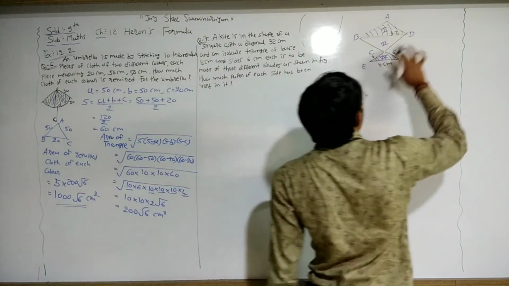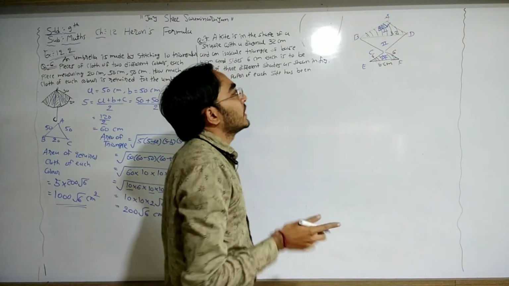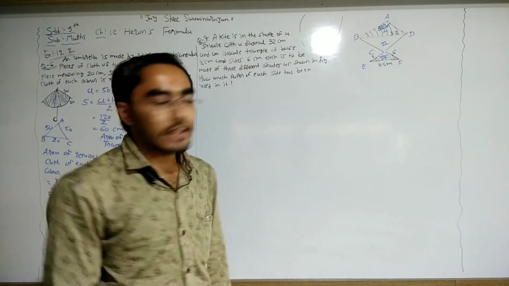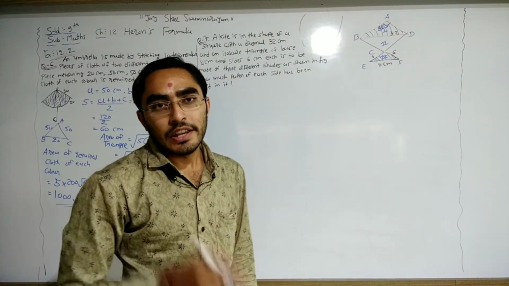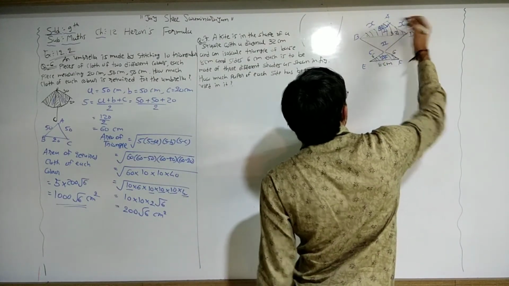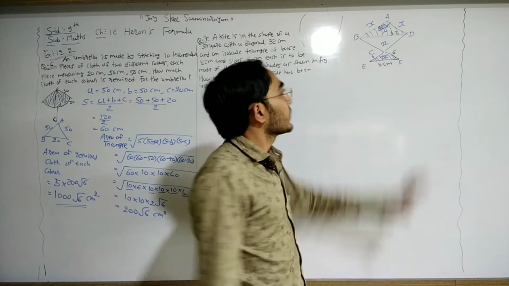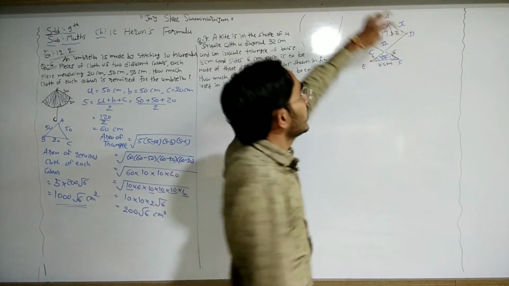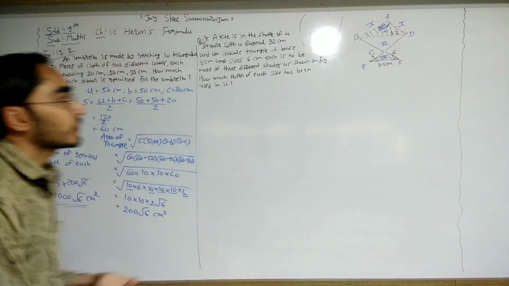Here we know that ABCD is a square, so all 4 angles are 90 degree. Angle A is 90 degree, B 90 degree, C 90 degree and D 90 degree. So here I am taking angle A is 90 degree. Second thing, in a square, all sides are equal. So I assume that AB is equal to x, so AD is also x. In a square, all 4 sides are equal.